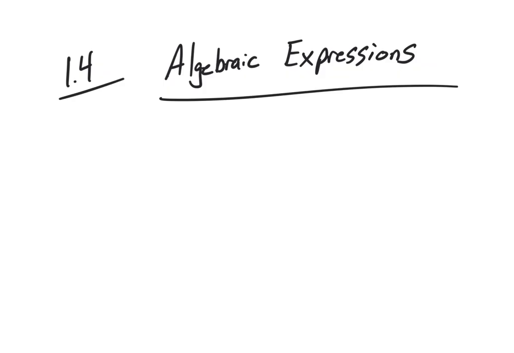In some cases, they're going to write out in words an algebraic expression, like maybe x increased by 2, and then we have to write it out as an actual expression, or we might do it the other direction. Might do it vice versa, where they give us the expression and we have to express it in words. So first of all,